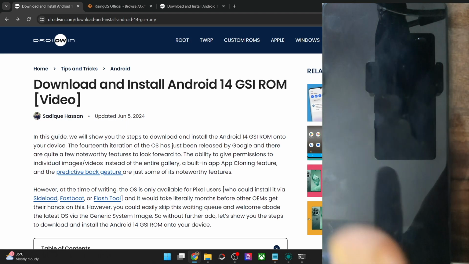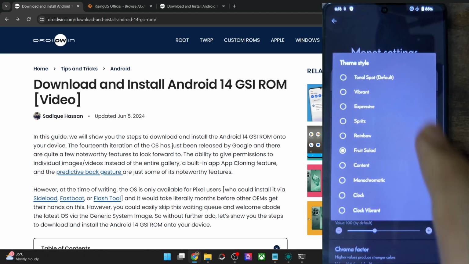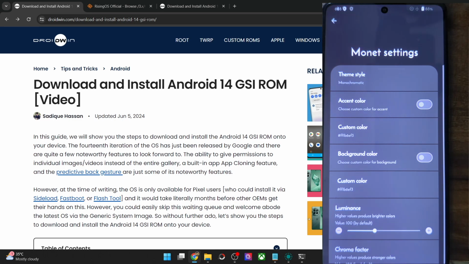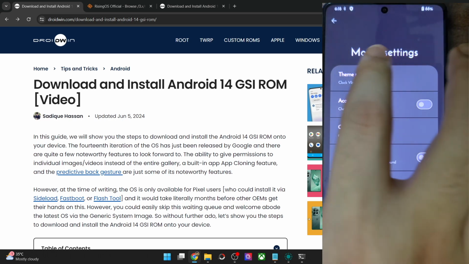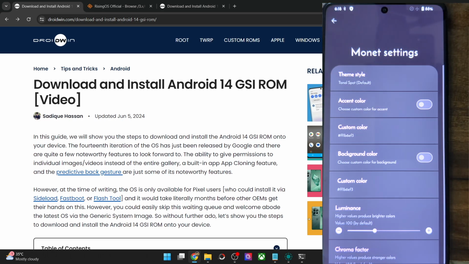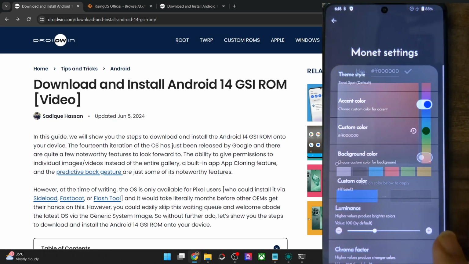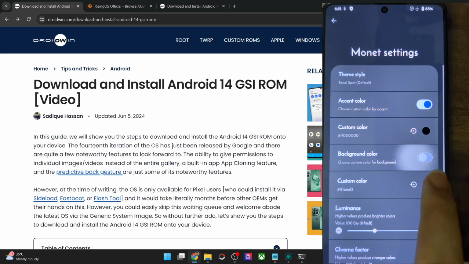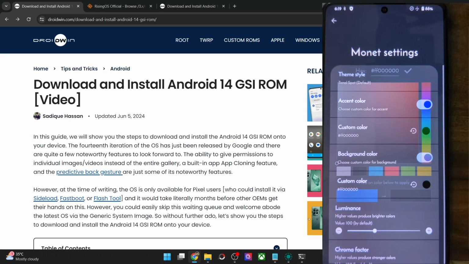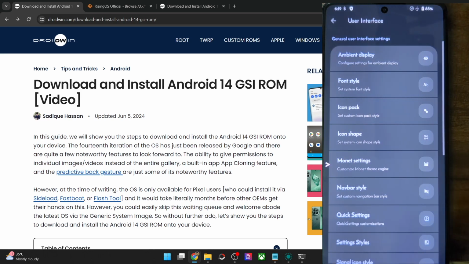Fruit salad, and so you might see some system UI restart while applying these themes. This is completely normal and nothing to worry about. Monochromatic, no, that is not what I was looking for. Vibrant. So I cannot find the one which is the complete black as of now. Okay, so you may also change it to blue color and choose the color from here as well. And well, it's still not completely black. Anyways, you may also change the background color and change it to the one of your choice. And let's now see, again, not completely black, but it will get the job done.